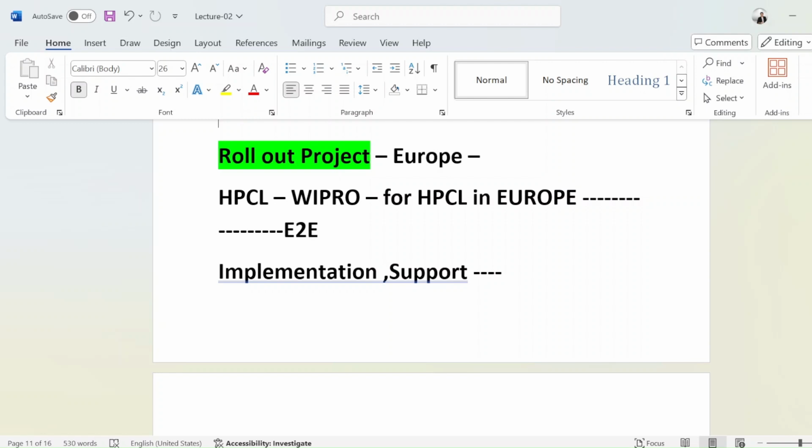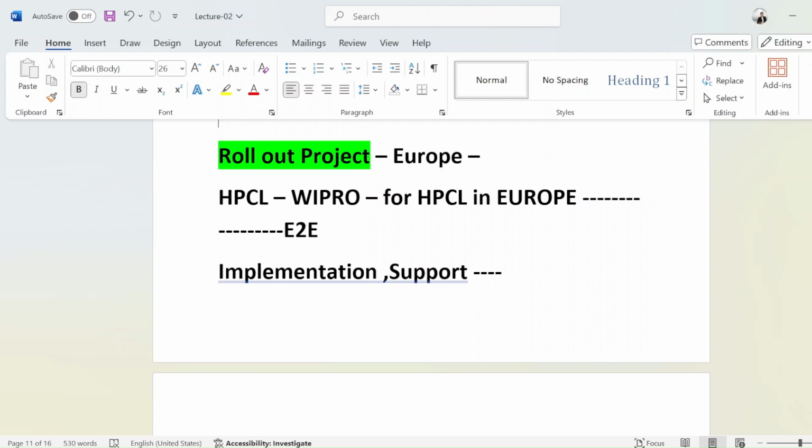For TCS this project will again be an E2E implementation project. Why? Because they don't have any templates, documents or blueprint, or master data; everything they have to create from scratch. So for TCS, the same Balco project at the France plant will be E2E implementation, but for Infosys that same project will be a rollout project.